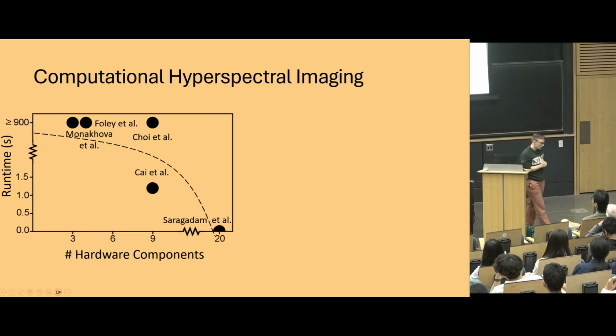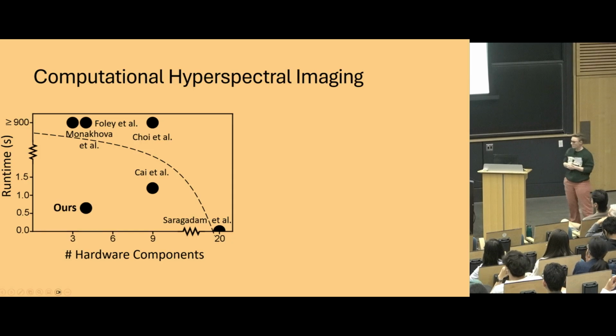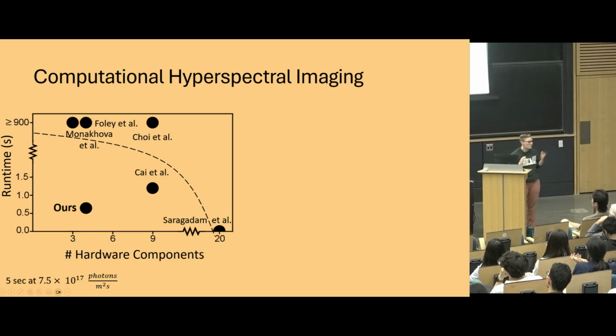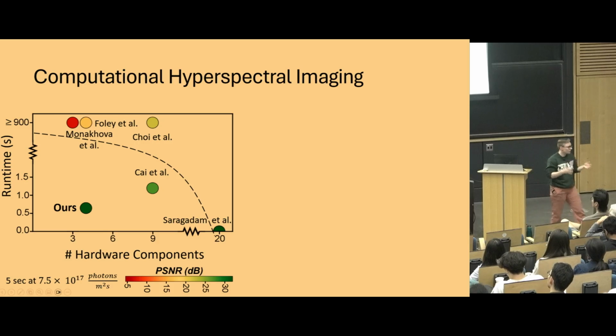So if we return to our trade-off curve for hyperspectral computational imaging, we see that, sure enough, we do end up in this cheap little corner. Now, cheap often means bad, and there's no reason to believe that an octopus needs a high-fidelity hyperspectral data cube. But when we give all of these methods the same number of total photons to work with, so this is like a reasonable indoor illumination for 5 seconds, we can look at the PSNR of their reconstructions, and it turns out that, in fact, in addition to being cheaper than these methods, we get very good reconstruction.